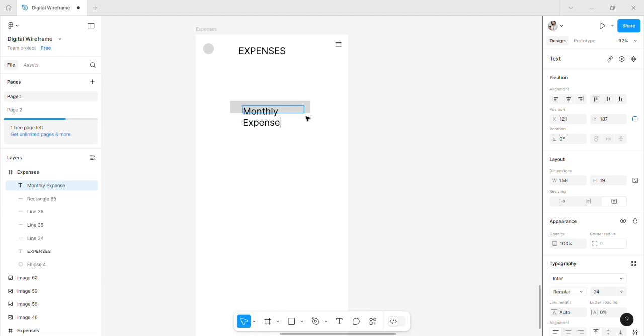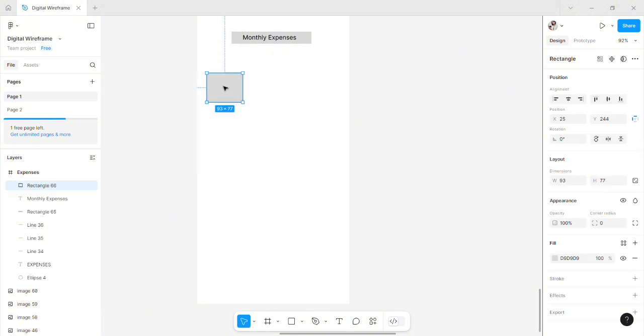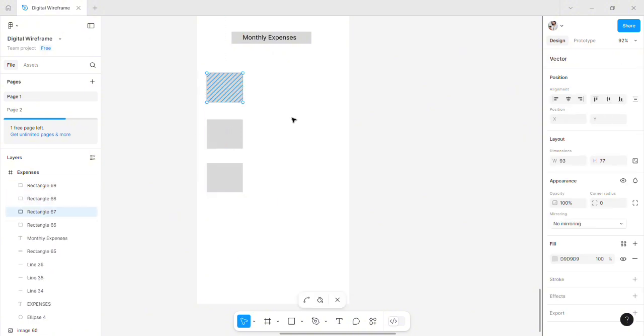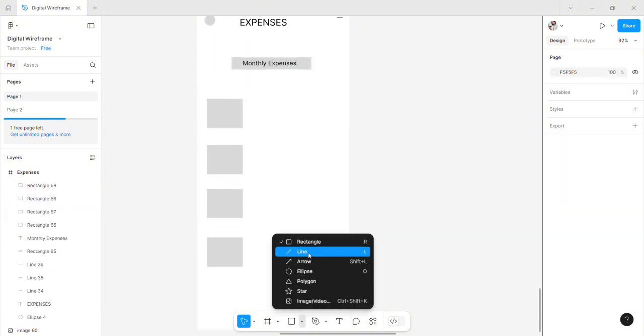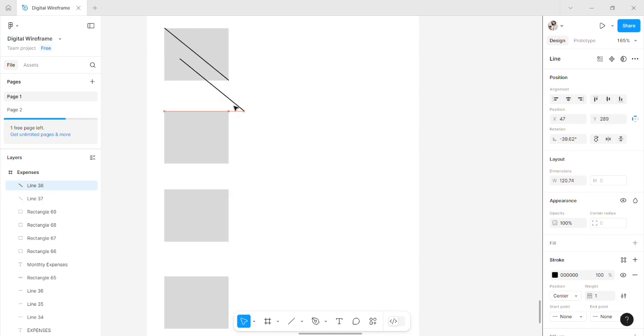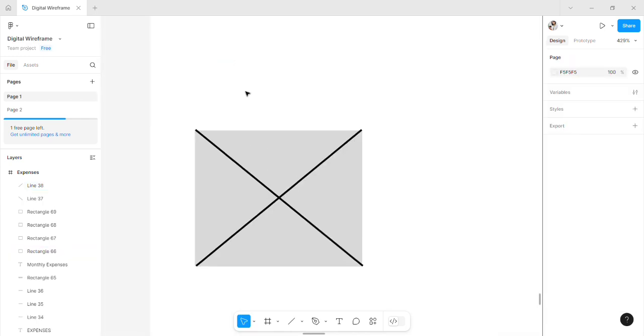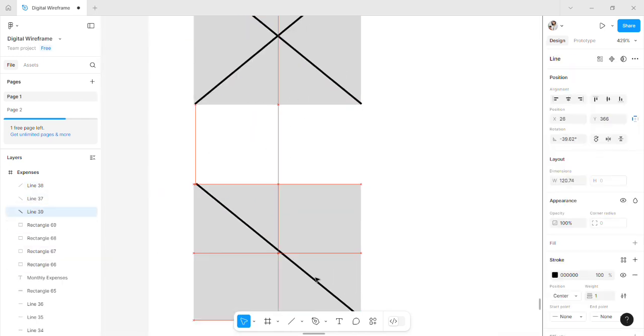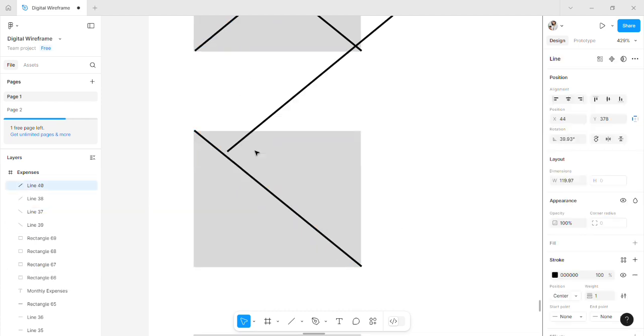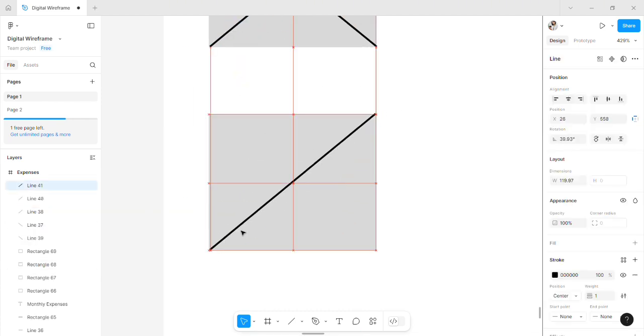I opened a design platform like Figma and created a new project titled Digital Wireframe. I inserted a mobile frame to design a mobile-friendly layout. This frame would serve as the base of my expense tracker design. I added the title "Expenses" at the top and a label "Monthly Expenses" to make the purpose of the page